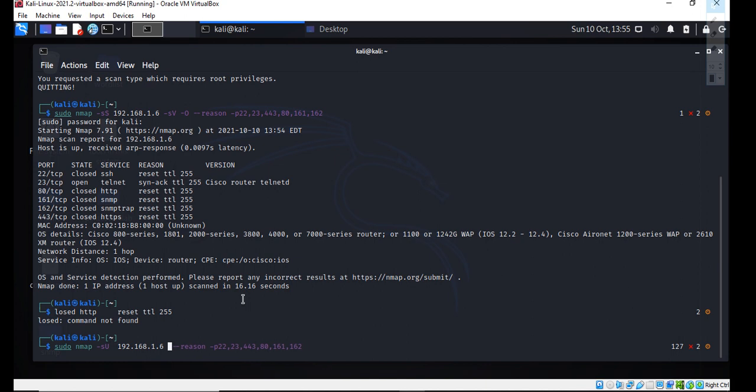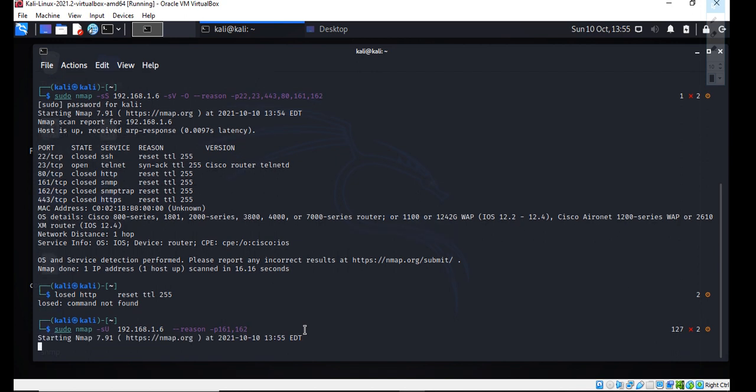I know that 161 and 162 are the port numbers that showed closed here, so let me find out whether they are actually open. I need these specific port numbers to check whether the SNMP ports are open, so I'll give only 161 and 162. Let's scan.